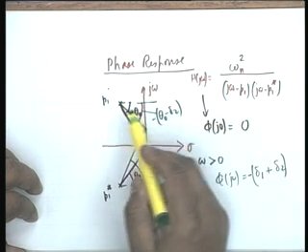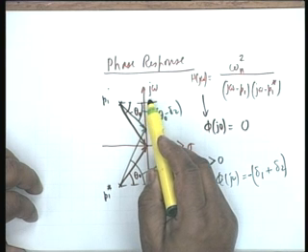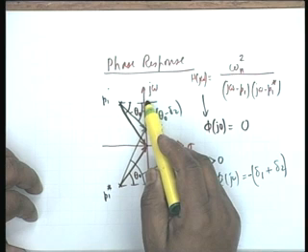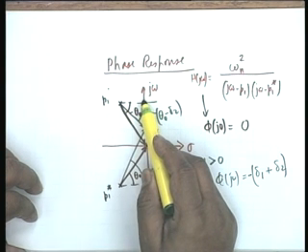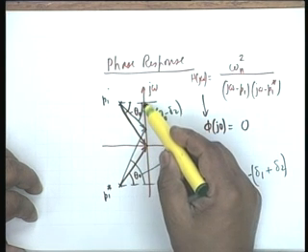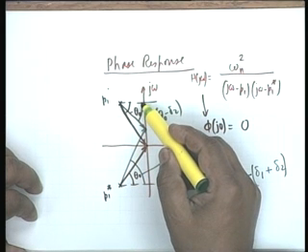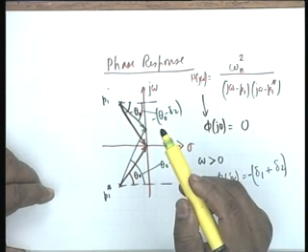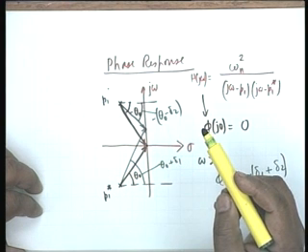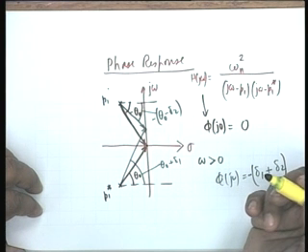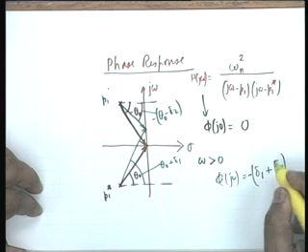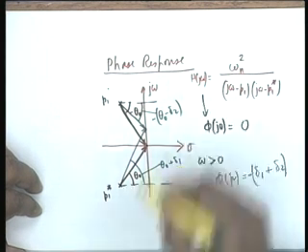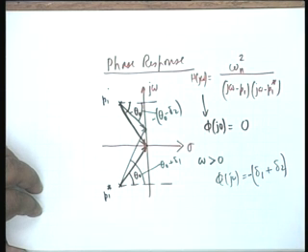When omega is close to beta, then this angle becomes 0 and this angle becomes close to pi by 2, not quite pi by 2. That is delta 1 minus delta 2. It will depend on alpha and beta. This is delta 1 minus, no, there is a minus here. So minus and minus makes plus. This plus this.